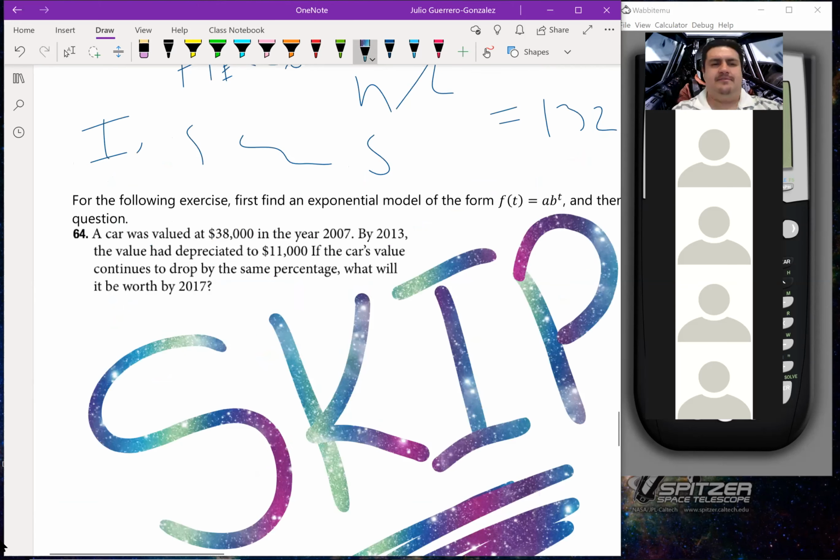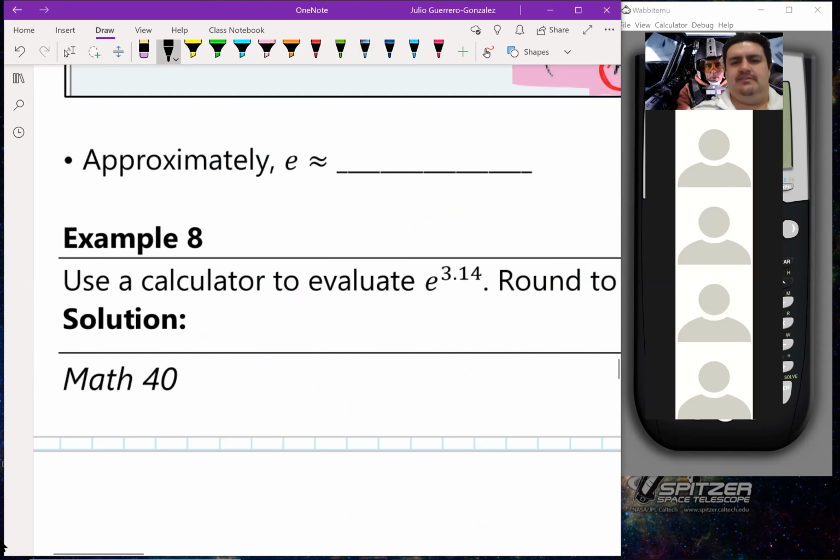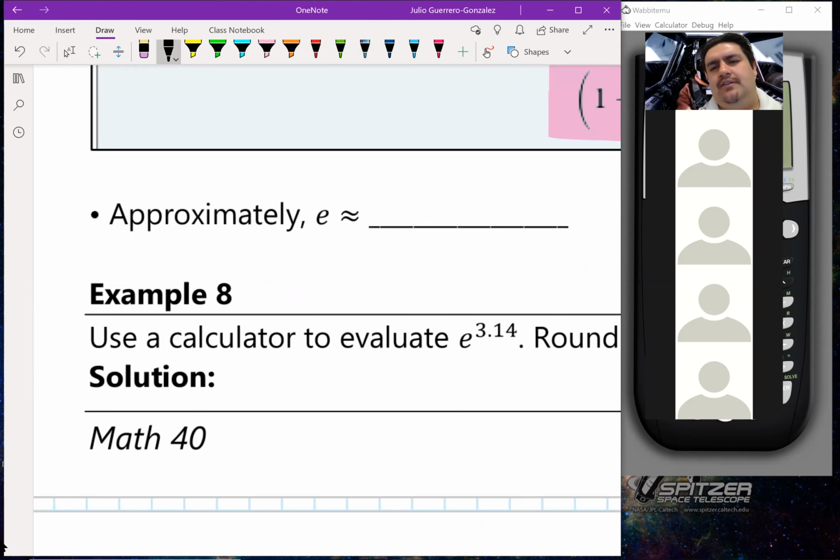So does it have a special value? It does. E is approximately 2.718 dot dot dot. E is essentially sort of like,